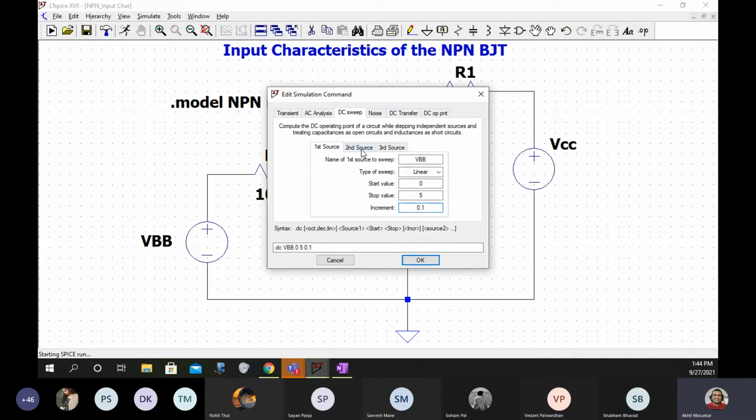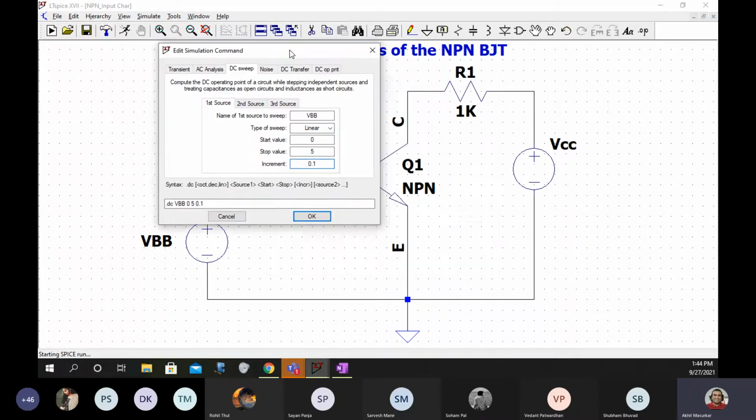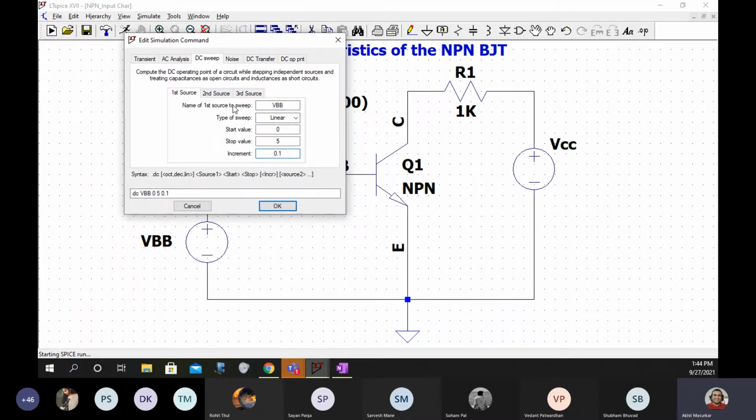Once you sweep the first source, you can go to the second source now. First is already there. Now you have to tell the simulation, okay, you are going to change the voltage and current on the input side, but at least show me two values for which VCE is going to change.